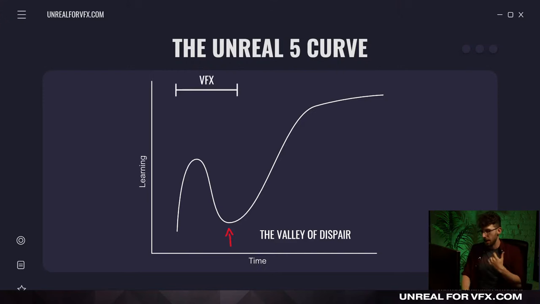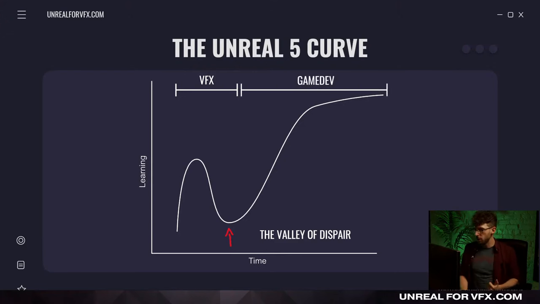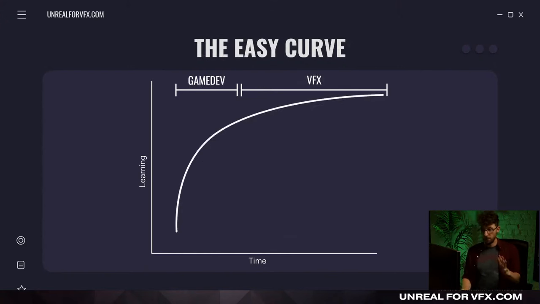What I finally started to understand is that I didn't really understand Unreal Engine until I learned the game dev side of Unreal. And don't worry, you don't have to be a game developer already. You don't have to be a coder or a programmer or anything like that. I am not a programmer either. I just learned it in the wrong order, and that's why it took so much more time. It took 3 times longer simply because it was in the wrong order.